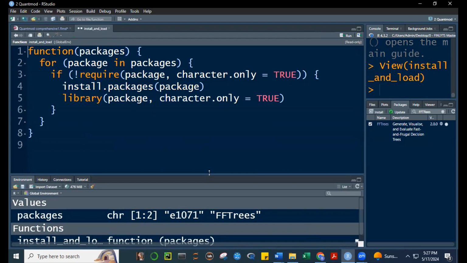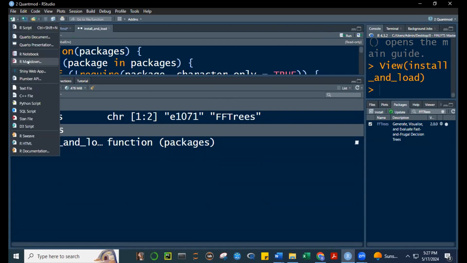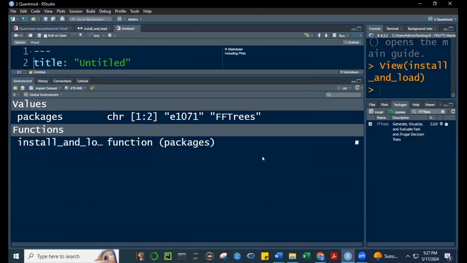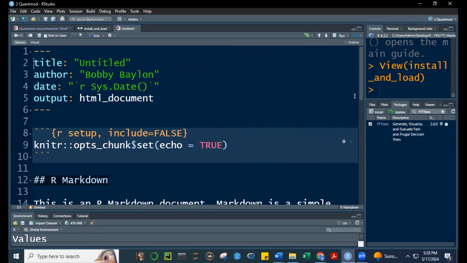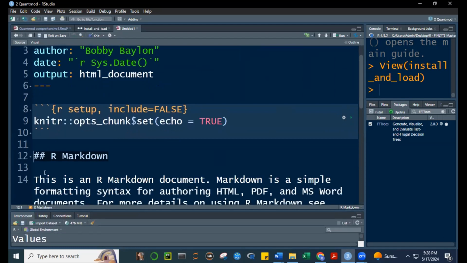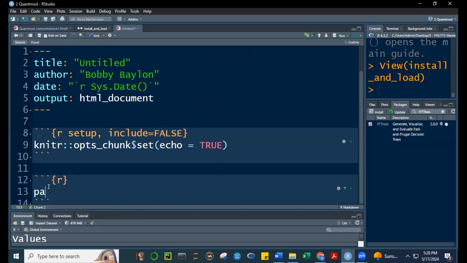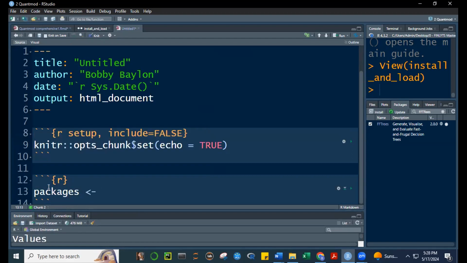Now, will this be made available? Let's say I open a new R Markdown here. It has opened. A new R Markdown. Let me delete this. So I'll open the chunk with Control Alt I. And then let me define packages, Alt minus. And then my packages include